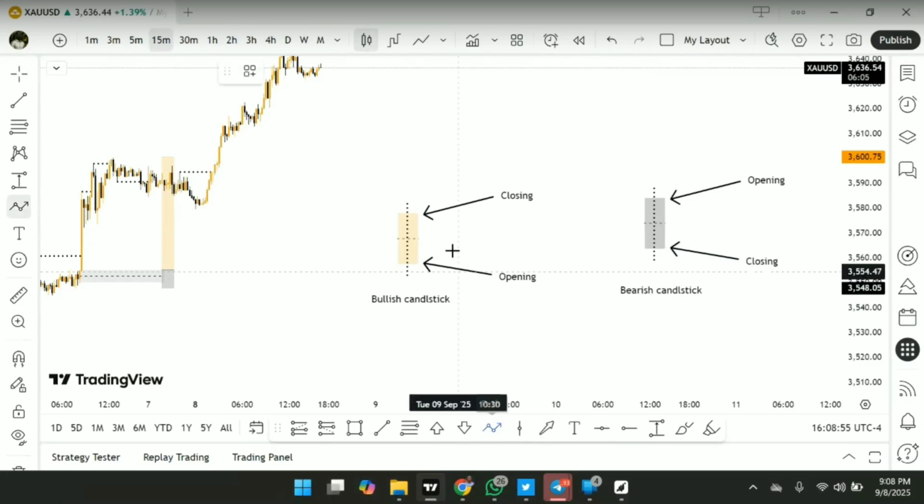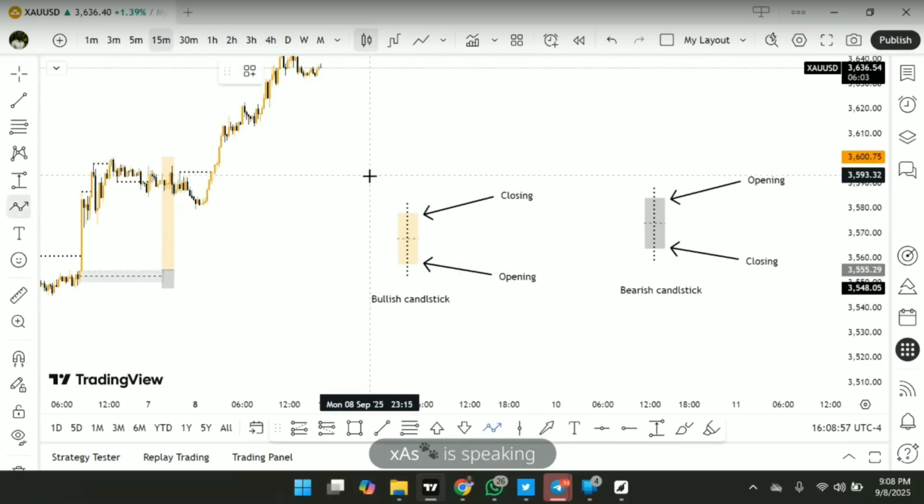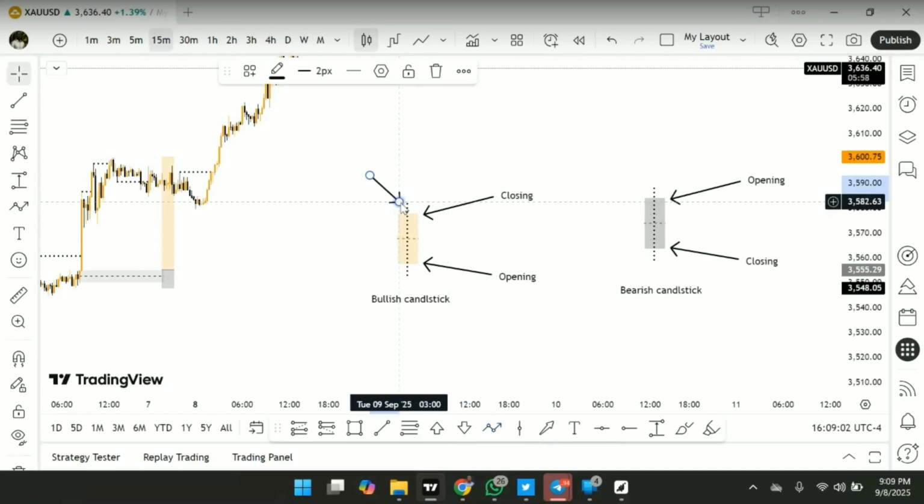So basically, I was just talking about the anatomy of candlesticks for today. I'm talking about the anatomy of candlesticks for today. We have